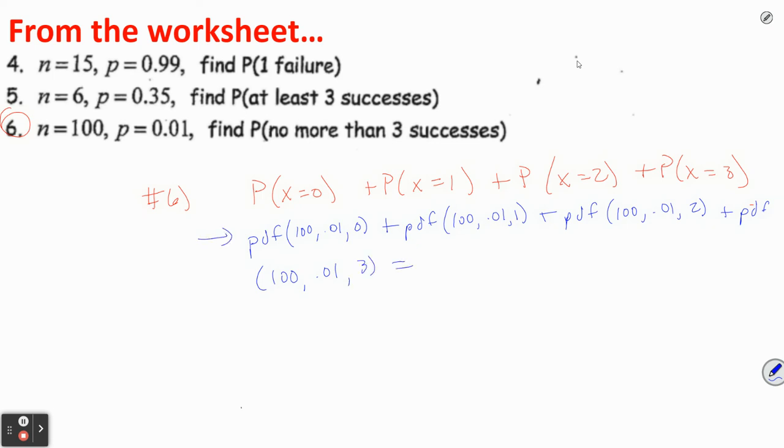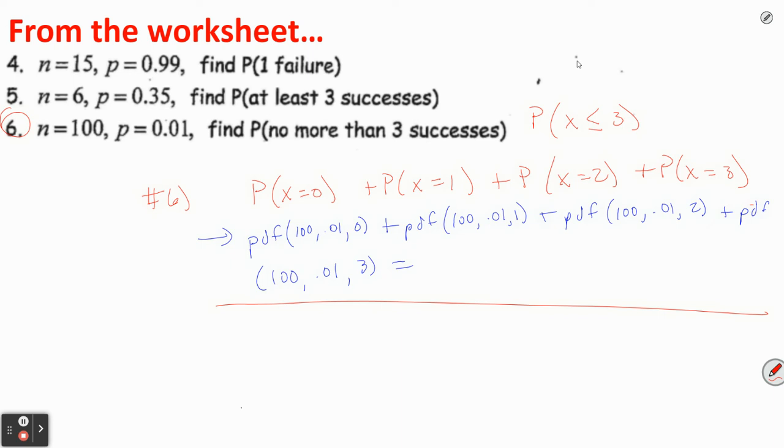You hit equals. That's still a lot. It ends up being a lot of button pushing. It's a little less than if we'd have done it all by hand, but it's still a lot more than I want to do. So now, know that no more than 3 successes can be written with an inequality sign